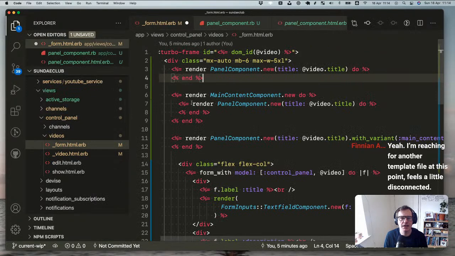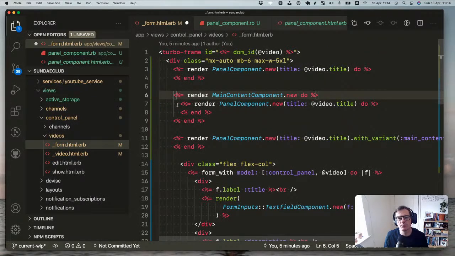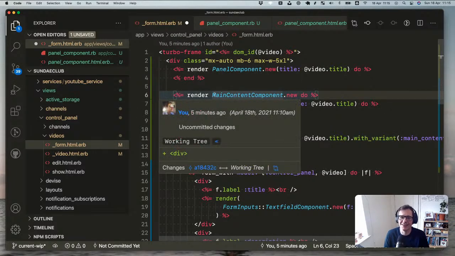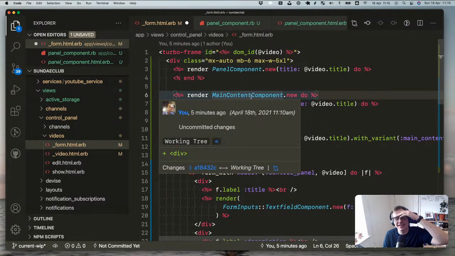So if we did have something like this, for example, it's probably not hugely readable, but it does give you infinite flexibility. If the main content component was just a div with a bunch of CSS classes in it, you wouldn't call it main content, because what the hell does that mean? But I guess it would change for me how